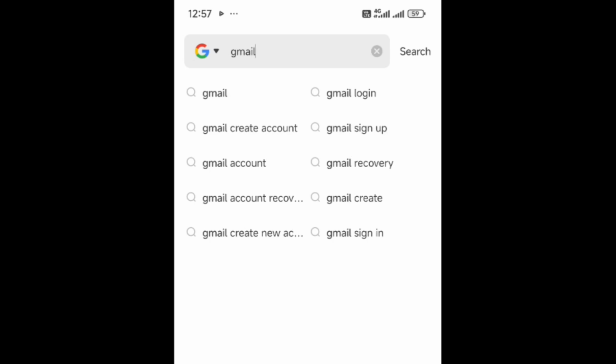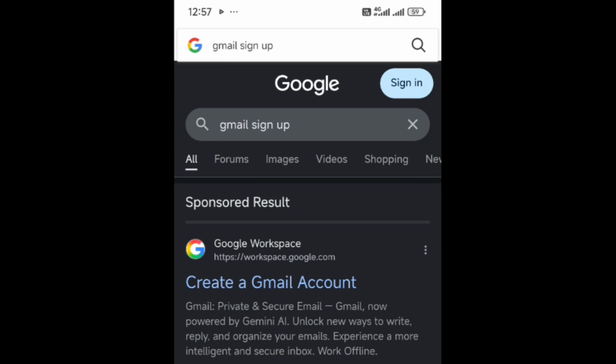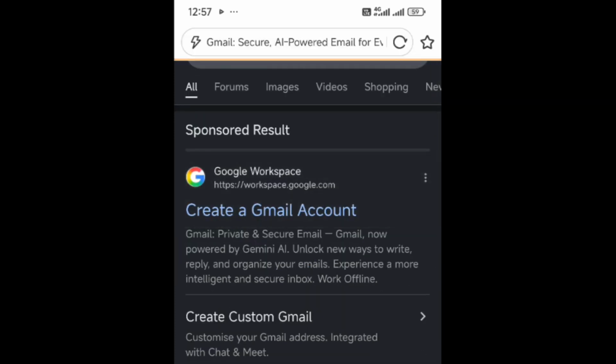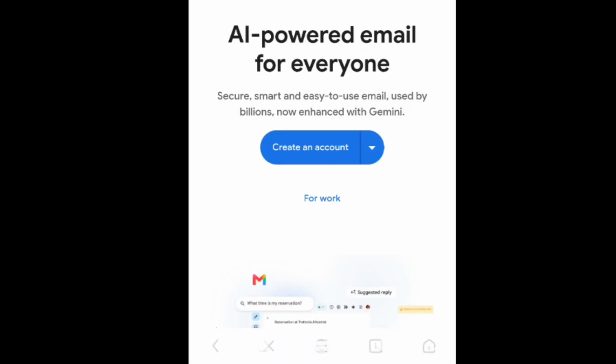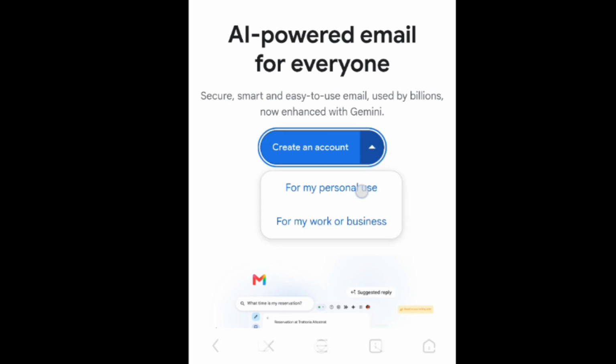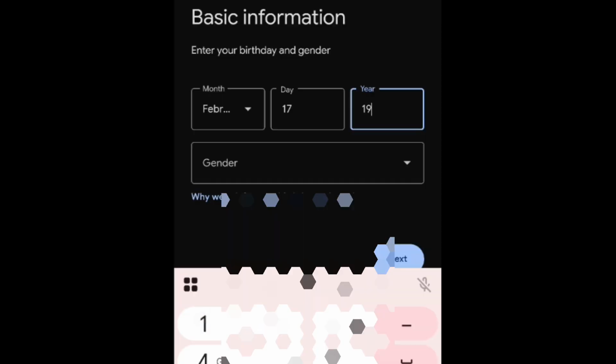To create a YouTube account, you must first sign up in Gmail. Just type "Gmail sign up" on the Google search bar and then that's it. And then you will see "Create a Gmail account", press that. Then you can now use "Create an account" and then choose "For my personal use" and